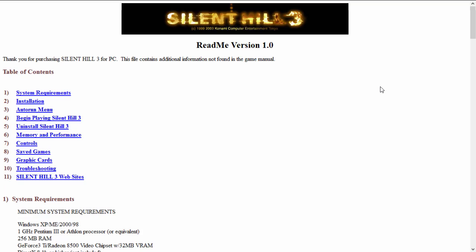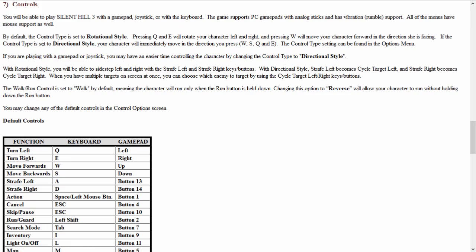The file contains additional information not found in the game manual. Well, that's interesting. If we go to, I believe it's controls, number 7, it says here that you can play it with gamepad, joystick, keyboard,